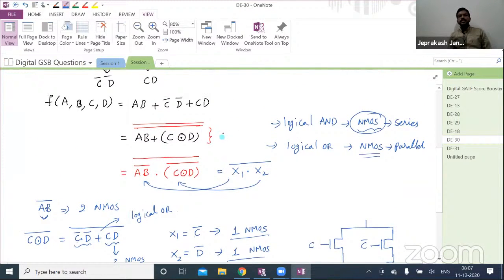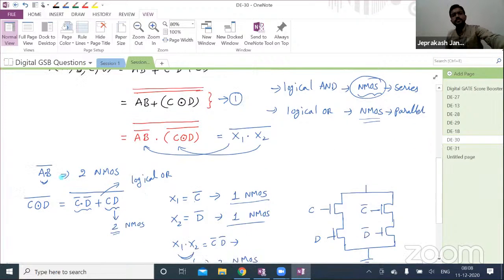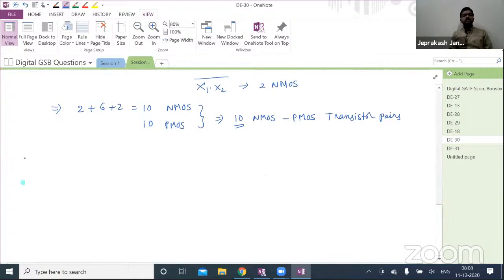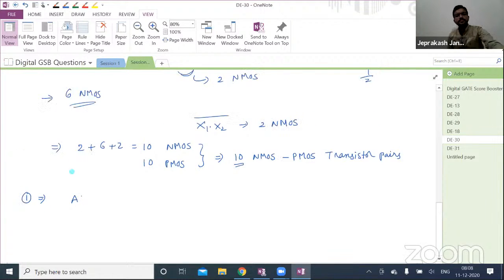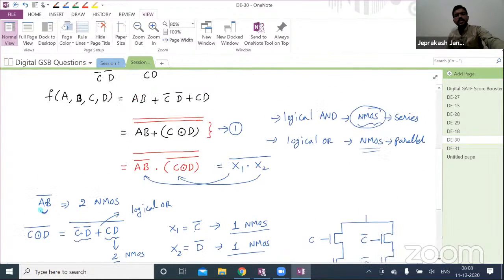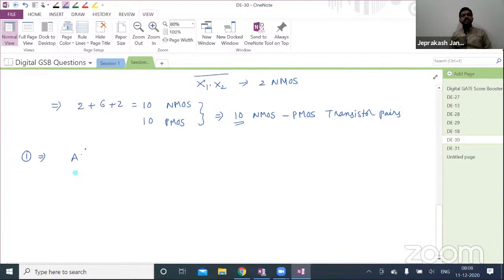Now, what is the expression there? Once again, that is AB plus C exclusive-NOR D. AB plus C exclusive-NOR D you're having, right? Since you are getting the complement version in CMOS logic, for that sake I have applied two times complement. Previously we applied De Morgan's law for the inner complement and proceeded. Now, instead of like that,